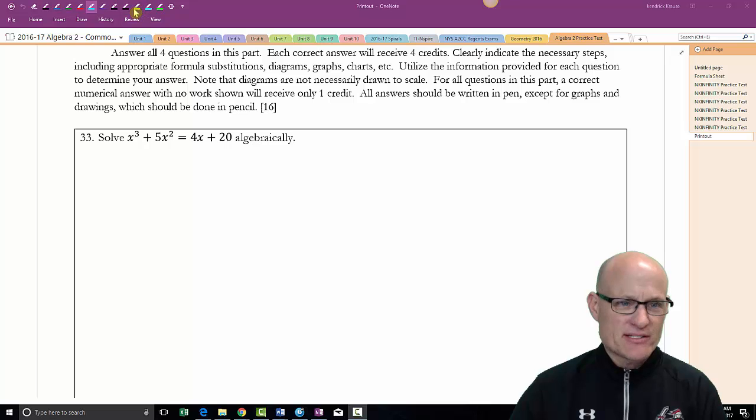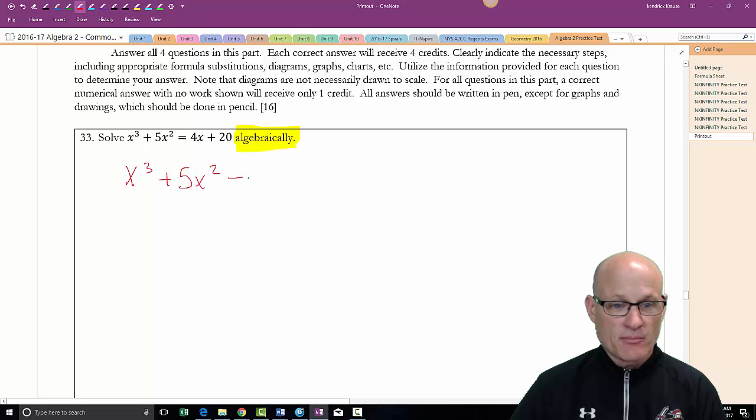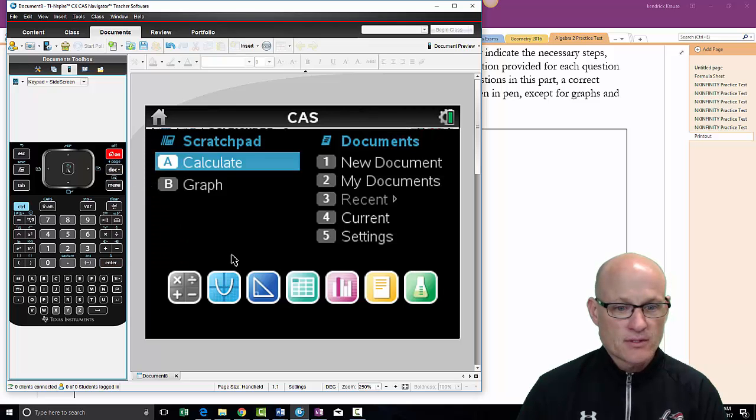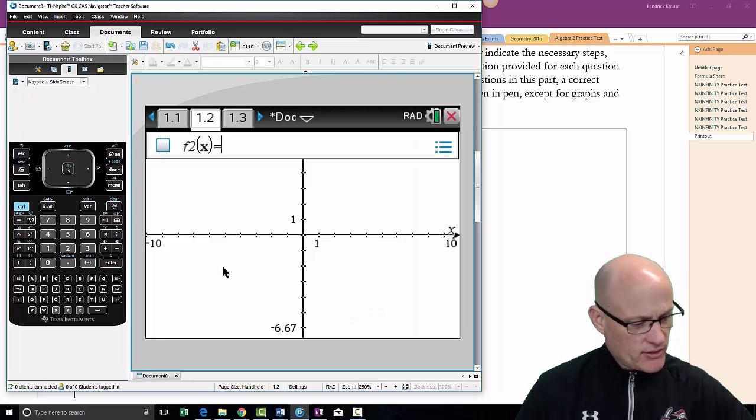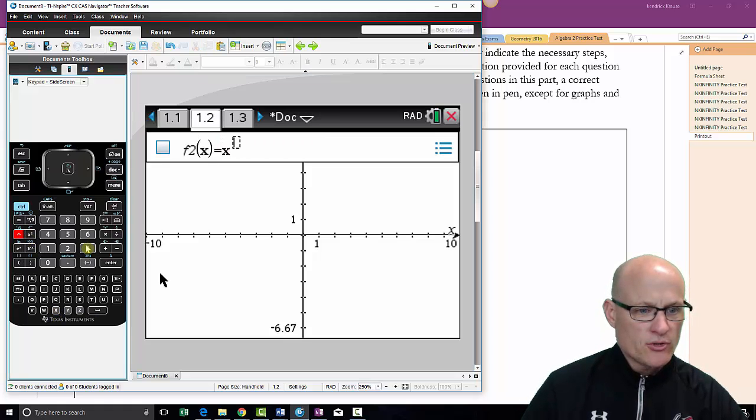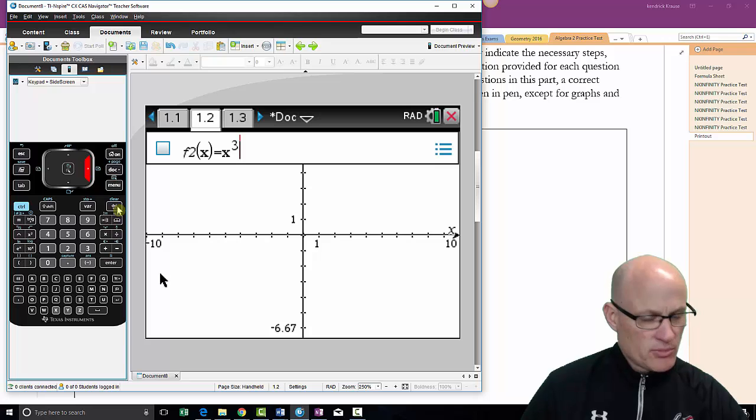So you see where it says here, solve this algebraically. Okay, let's solve it algebraically. X cubed plus 5x squared minus 4x minus 20 equals 0. Nope, I don't want to do it algebraically. I'm cheating. We're going graphically. So it's x cubed plus 5x squared,